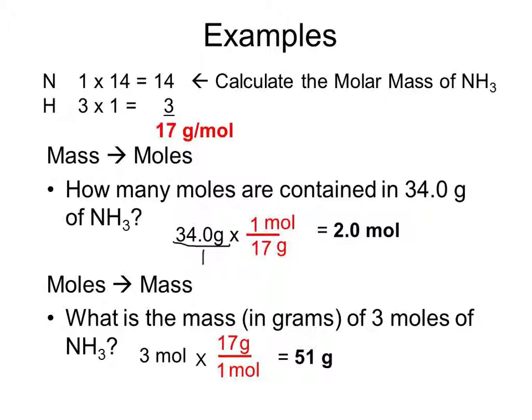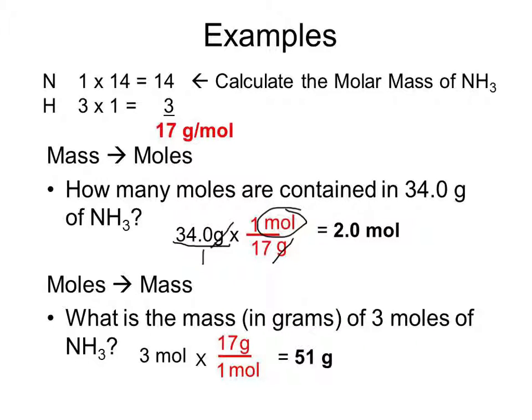Remember, 1 mole of this is equal to 17 grams of this for ammonia. These two are equal. They're just different units. So when we set up our equation, now we can see that the grams are going to cancel, the top and bottom. And then we're left with only moles on the top. And when we do the calculation, we have 34 times 1 divided by 1 times 17, and we get 2